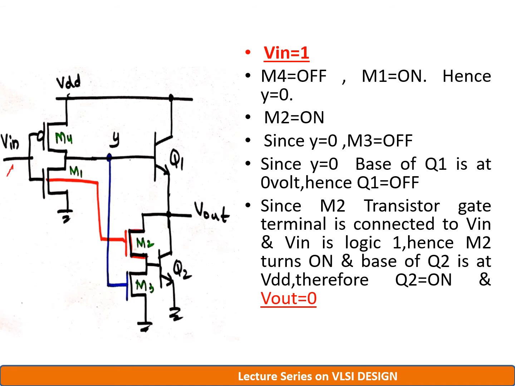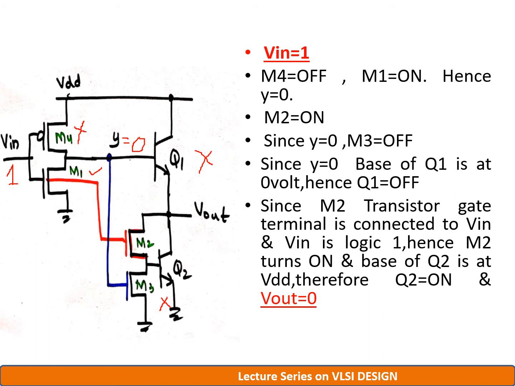When Vin equals 1, this NMOS will be in on state, PMOS will be in off state, hence the value of Y will be 0. This Y node will be pulled towards ground through this M1 device since it is on. So Y equals 0, and 0 is fed to the base of Q1, hence Q1 will turn off, and Y is fed as gate input to M3,